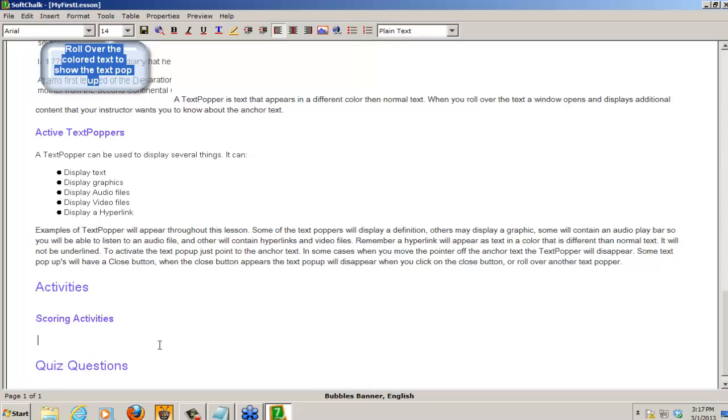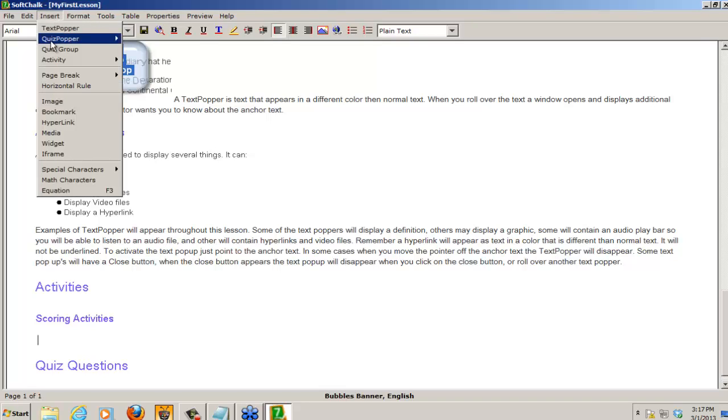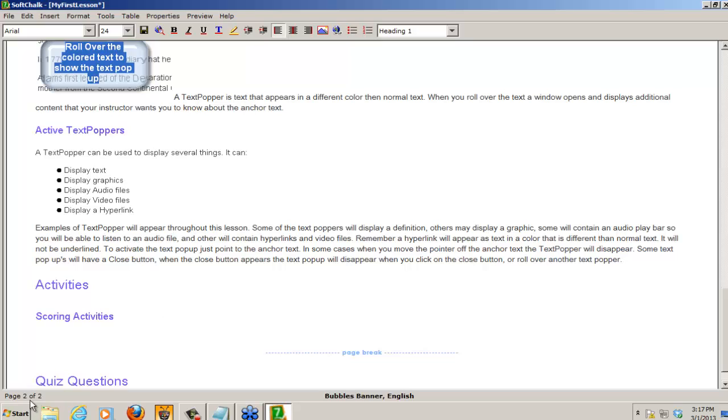And now I'm going to add a SoftChalk item. I'm going to choose Insert from the menu bar and select Page Break. And I want to choose Insert One. We now have, notice the bottom left-hand corner of the screen, 2 pages. Let's scroll up, and where we see activities, I'd like you to click at